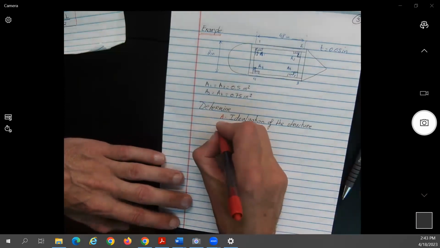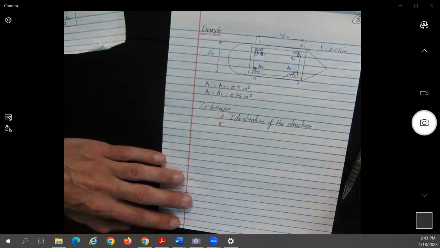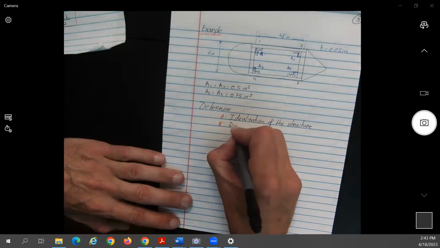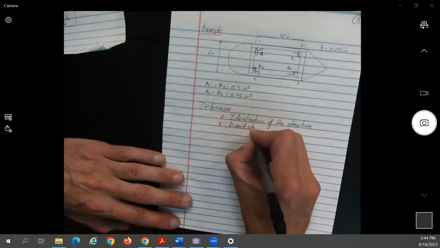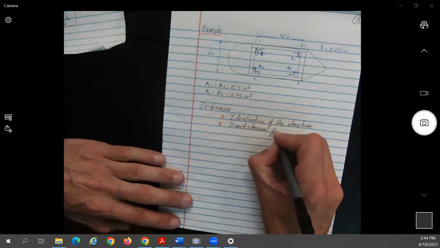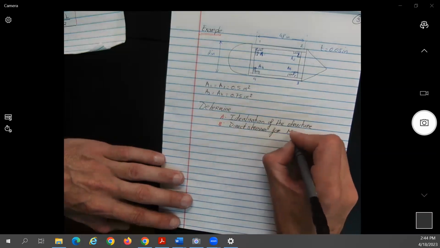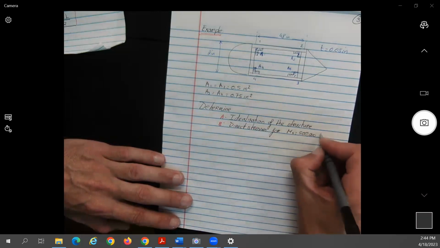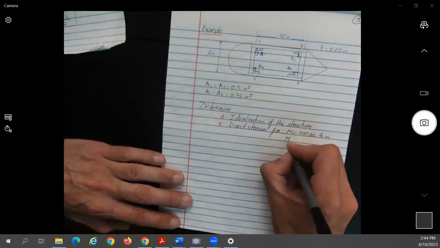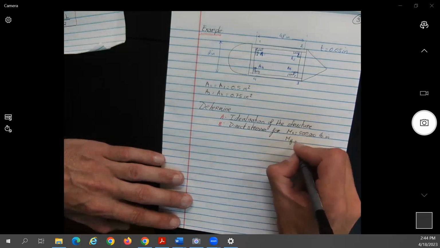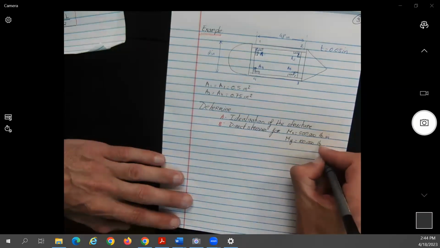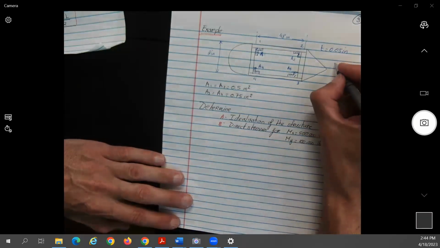Let's say, to determine the direct stresses for Mx equal to 500,000 pound inch, and My equal to 100,000 pound inch. So what does that mean? That the coordinate system is going to be x